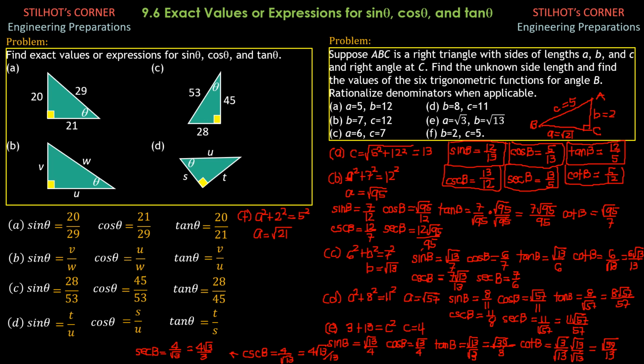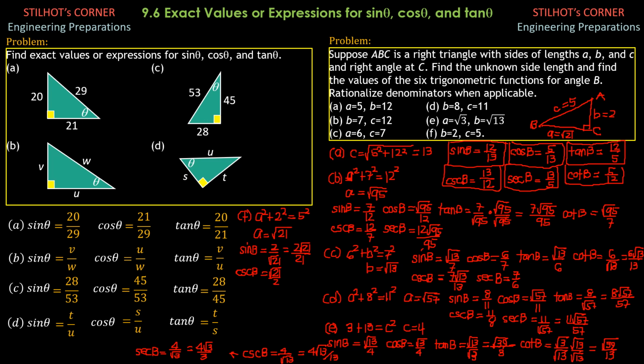So from the figure, sine B is opposite 2 over square root of 21. Then after we multiply square root of 21 over square root of 21, sine B is 2 square root of 21 over 21. For the reciprocal, just change the style. It is cosecant of B, so square root of 21 over 2.